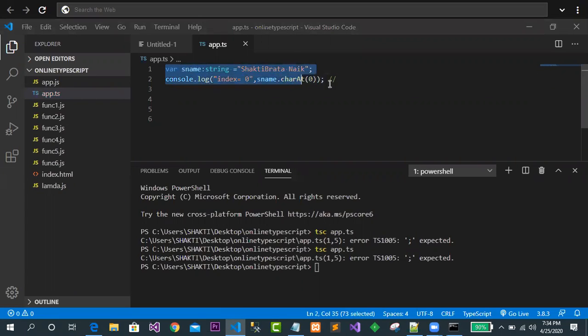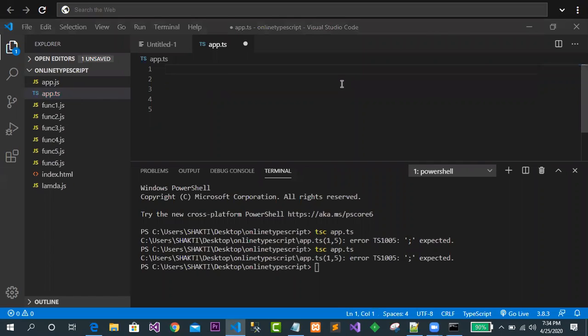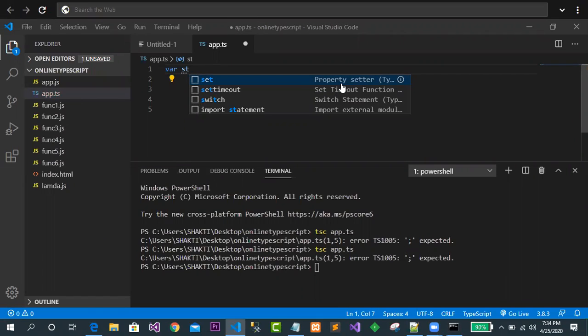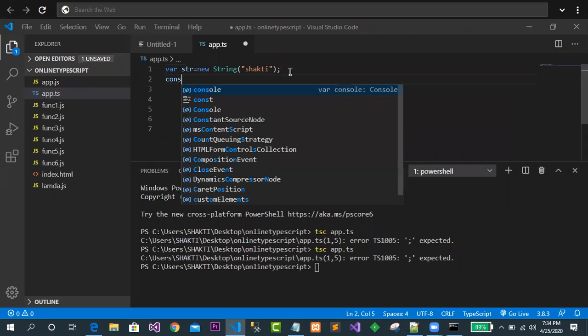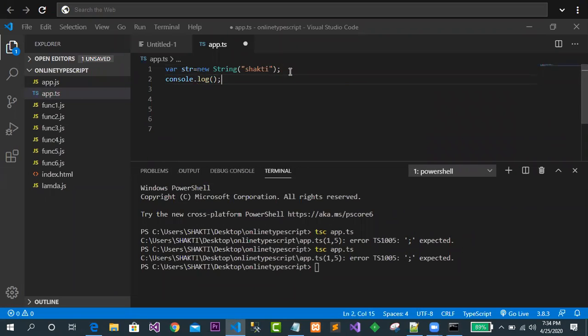Look at this. If it is not taking something like this, what you will do now is simply var str equal to, you just create a string object first. This is a string, in this case simply I have given Shakti. Clear up to this? So it is not converted automatically. Now str is the reference. Through the str, can I go for that? Just see console.log, in this case str.charAt, just see the charAt at position number 0, I want to get that.